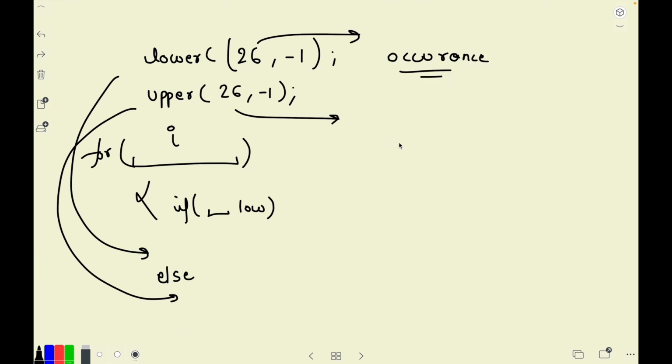Very simple. You can iterate 26 times with an iterator over the lowercase and uppercase arrays simultaneously. If at the current index I you find that the lowercase character array did not have a value -1 and the uppercase character array also did not have a value -1,